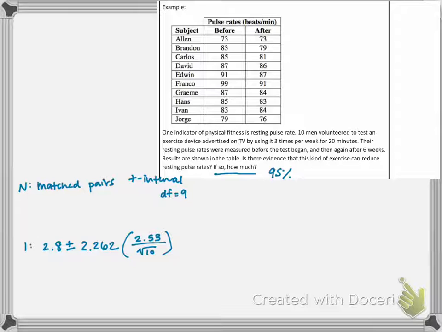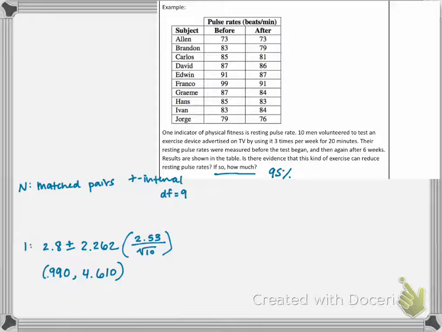And then times that standard error, so the 2.53 standard deviation divided by the square root of 10. In your calculator, you can either math it out from here, it's not too bad, or you can do stat test, t interval of L3. Either way, you should get an interval that goes from about 0.990 to